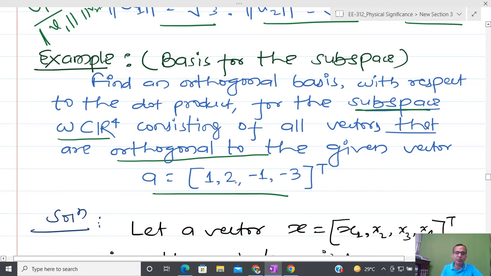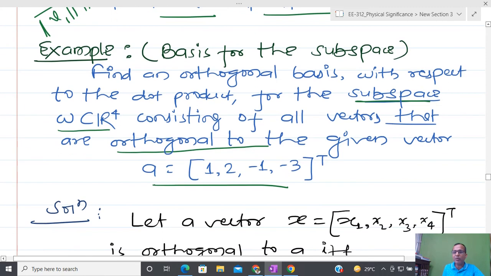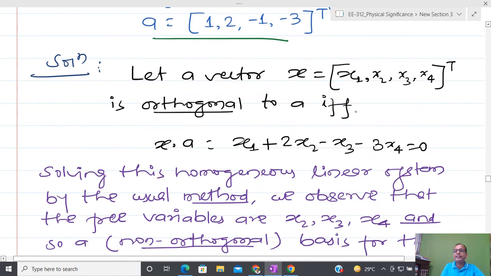After that, what we have to do, I have to create some kind of subspace such that this subspace is going to consist of those vectors which are orthogonal to the given vector. So now what I am assuming is a general orthogonal vector; it might be possible I have more than one. That form is given as x1, x2, x3 and x4,